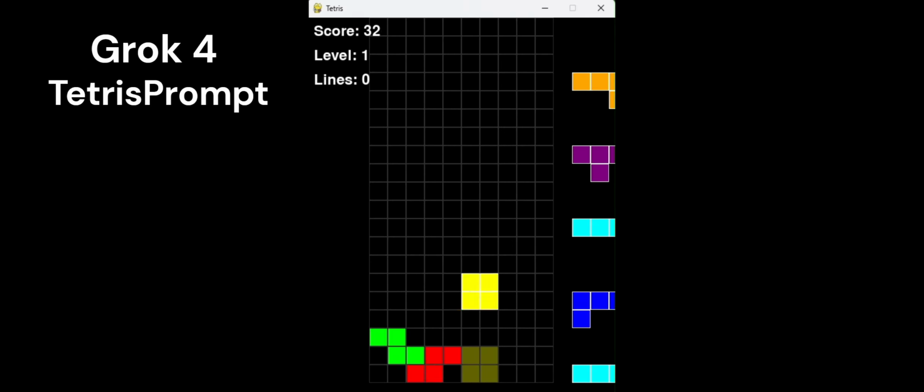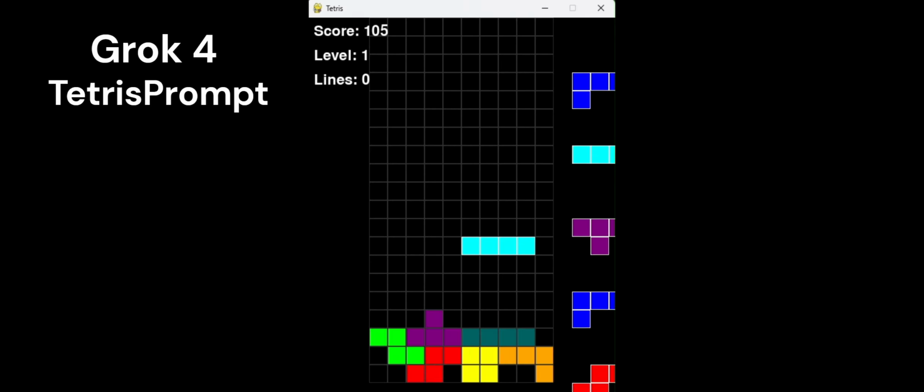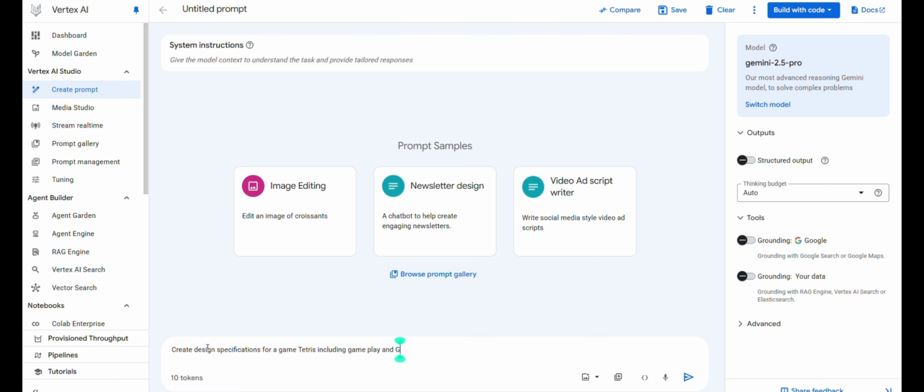Grok 4. So this is what Grok 4 looks like. And there's this fatal flaw. If you don't hit the space bar, the piece is basically floating until you hit the space bar. That's definitely an error. These models should know from the internet what the interface looks like and kind of what